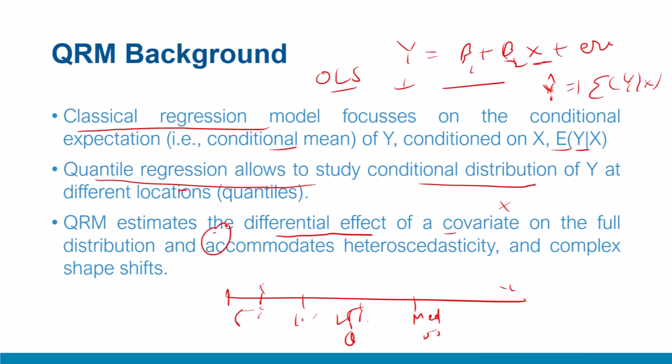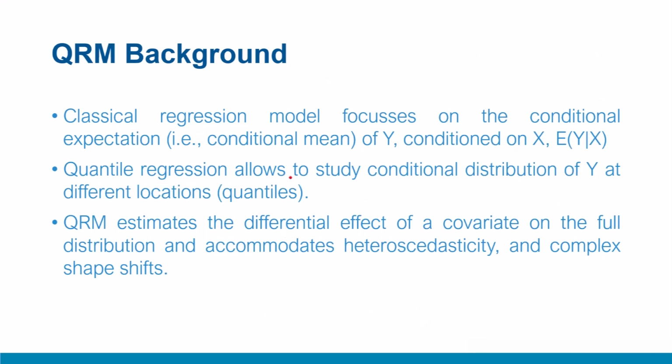As a percentage of their income, the food expenditure would be higher as compared to families with very high income. Their food expenditures would be of different nature, and as a fraction of their income may be lower. So there's a different behavior when you study the full spectrum of the dependent variable across its conditional quantiles.